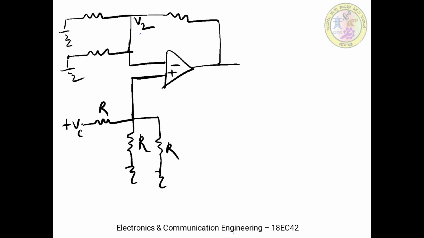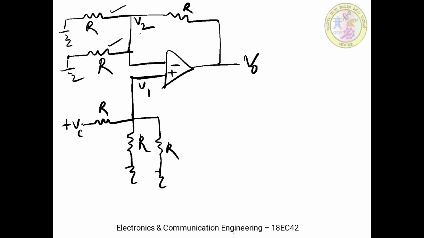Now with this setup, here also resistor values are R only and this is the V naught. Now at the inverting input, anyway both the inputs are 0, but here